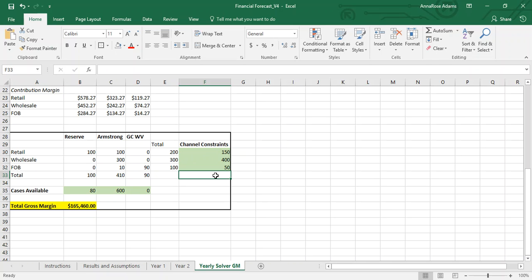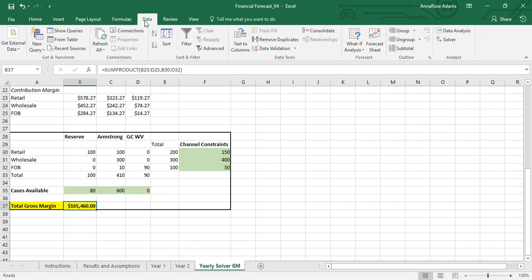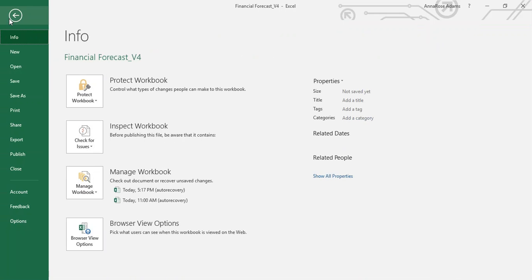And then the easy part is that from here, you use a tool called Excel Solver to automatically calculate what your distribution within your channels should be, focusing on what amount of each type of wine should be sold. So across the ribbons here on the top, you'll click Data, you'll click Solver. And if you don't see this little button called Solver, it is an add-in that you can put into your Excel for free. You can Google it, but just really quick, how you find it is you would go File,